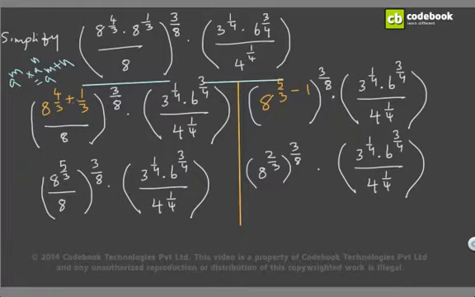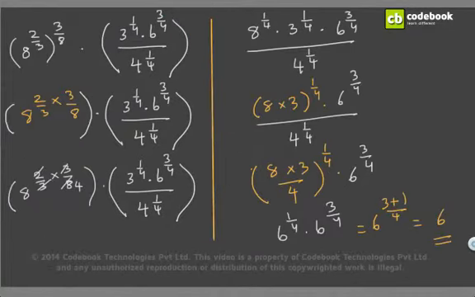So after simplifying this, you have 8 power 5 by 3 by 8 whole power 3 by 8 and the second term. But now if you observe here, you have something in the form of a power m by a power n, which is nothing but a power m minus n. This is the law of quotients. So we have 8 power 5 by 3 by 8 power 1. So applying that law, you have 8 power 5 by 3 minus 1 whole power 3 by 8 and the second term. So after simplifying this, you have 8 power 2 by 3 whole power 3 by 8 times the second term.